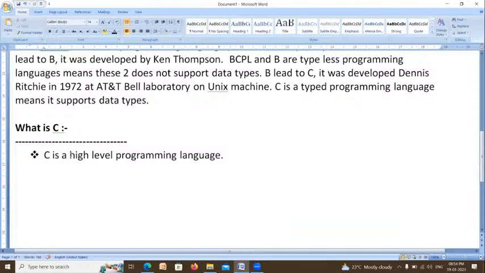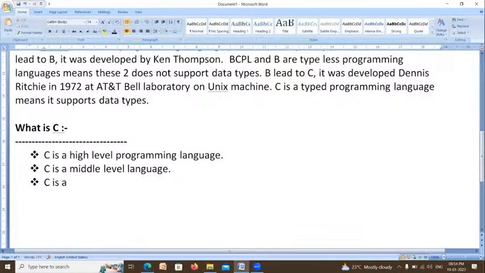So the languages which can be built by using simple English words are called high level languages. C is a middle level language. Why? Because C language supports low level language features as well as high level language features. So it is called a middle level language.